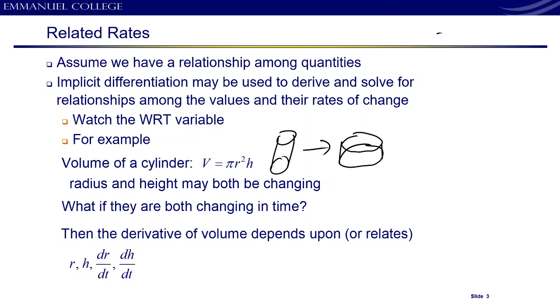So our derivative is actually dependent on 4 different variables here. So the volume, maybe if the volume was constant or something like that, we don't know. But the key thing is, notice we have the radius and the height, but we also have the rate of change of the radius with respect to time and the rate of change of the height with respect to time. So let me show you what the derivative with respect to time would be. If we take the derivative with respect to time of both sides,